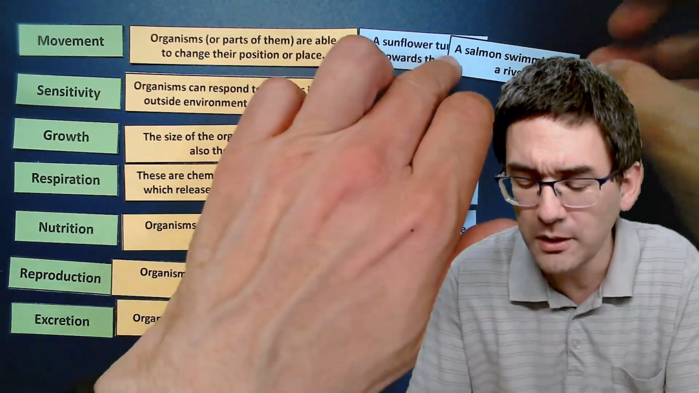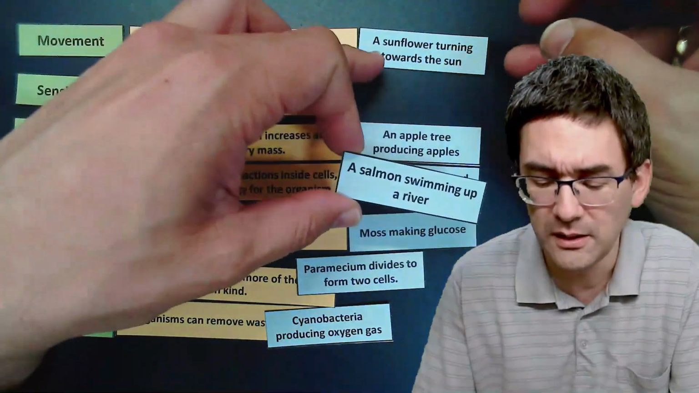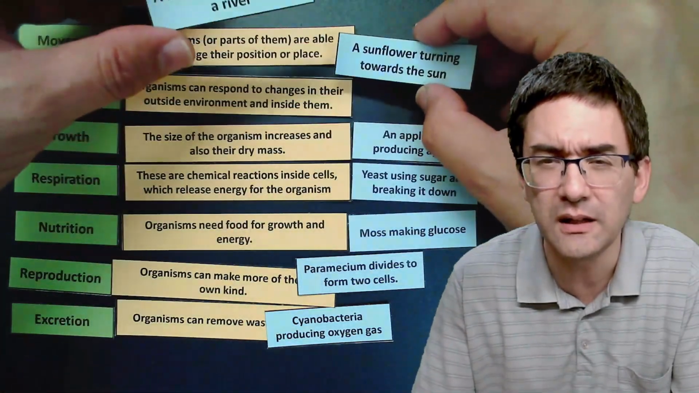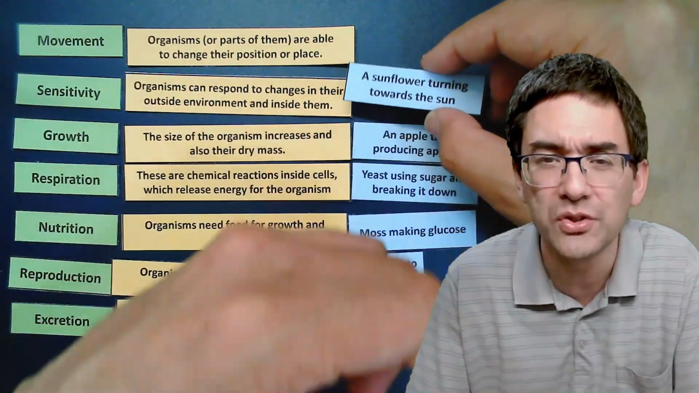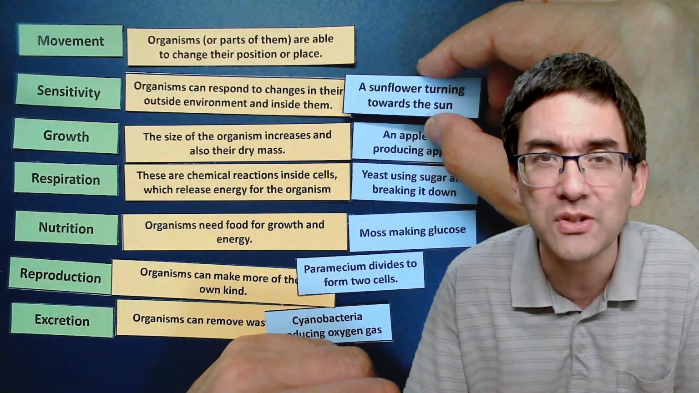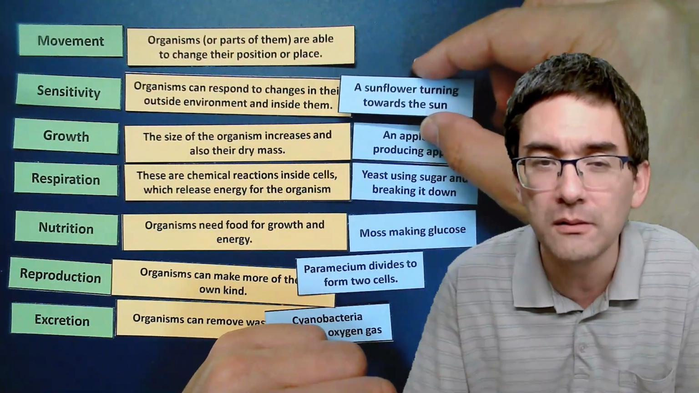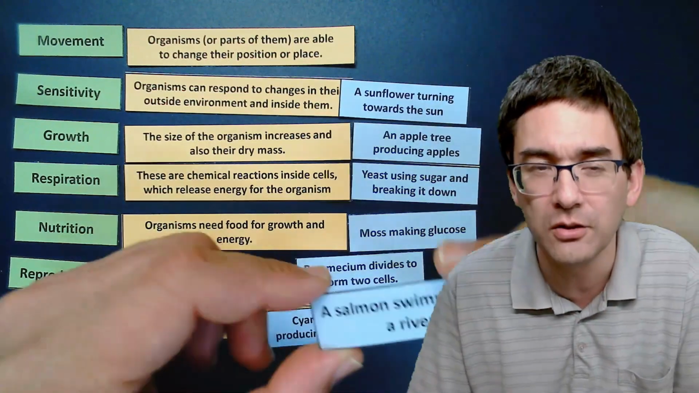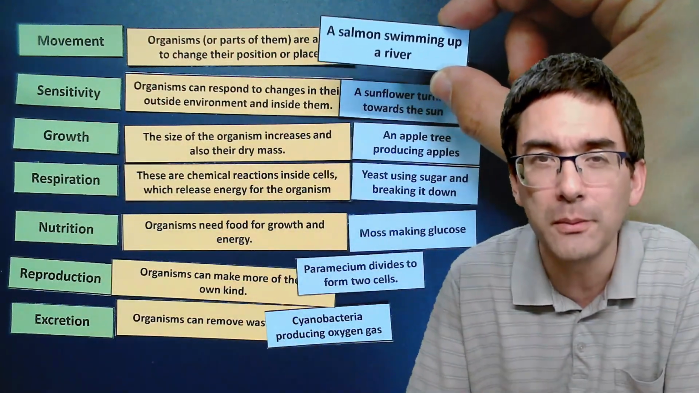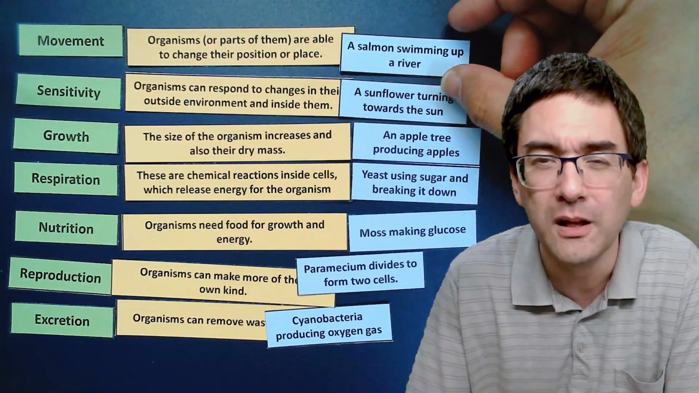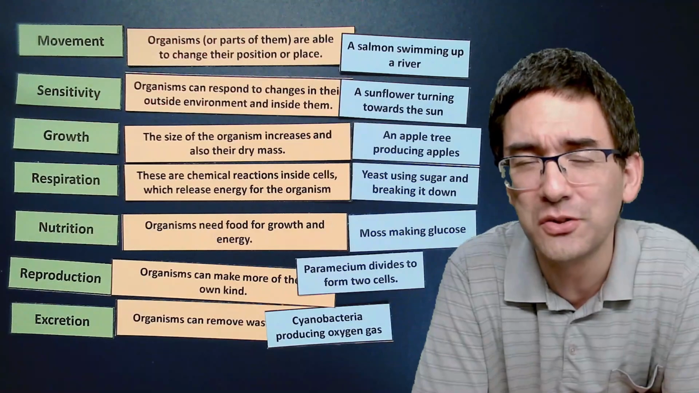A salmon swimming up a river. Okay, I mean, that's moving. And a sunflower turning towards the sun, that is also motion. But what about sensitivity? Interesting, towards the sun. Maybe it is able to sense the sunlight, and therefore it's turning towards the sun. So maybe sensitivity would be a better place here, and the salmon swimming up the river might be a better example of movement. But then again, the salmon is swimming up a river because it wants to go back to